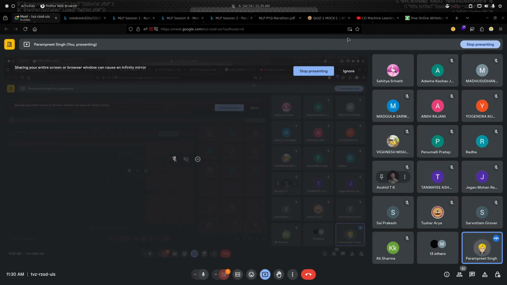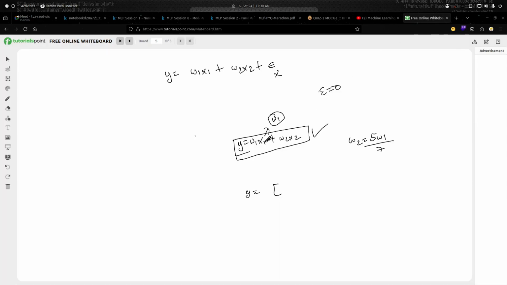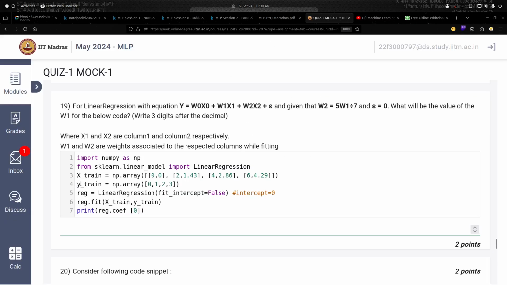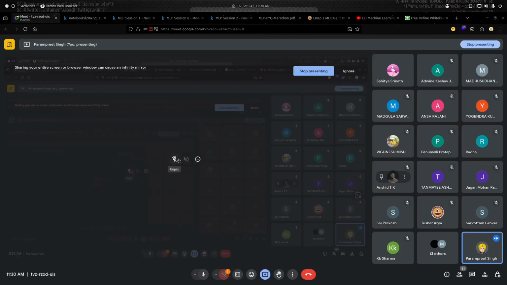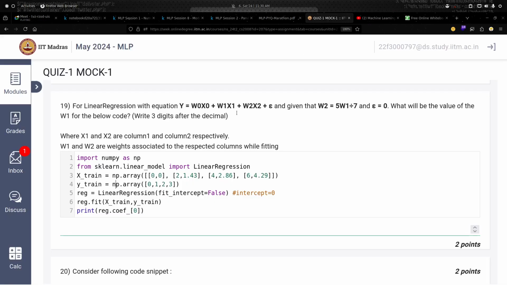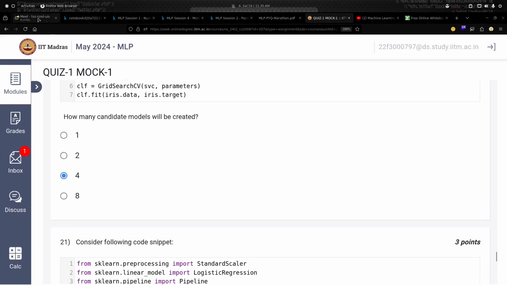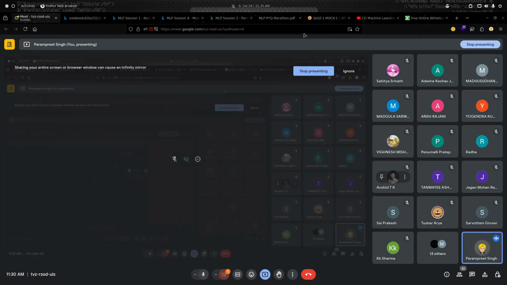Equation में if we pass in all the things, we have x, right. हमारे पास x1 और x2 की values हैं. We have w2 also. Then हम इन तीनों को डाल देंगे. We also have y, right, y train, which you can see. हम बस ये सारी वैल्यूज डाल देंगे, then we will calculate the w1 value and we will get the w1 value. It is a simple linear equation. Okay, so anybody else have any doubt in mock, or should we move on to PYQs?